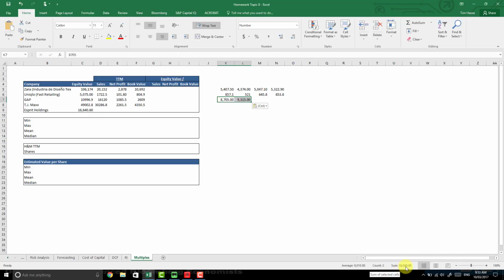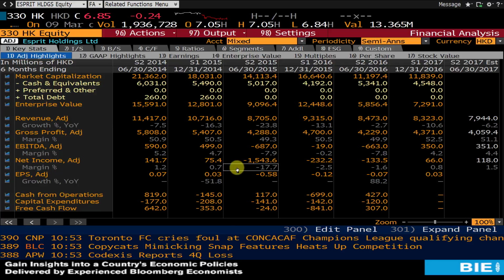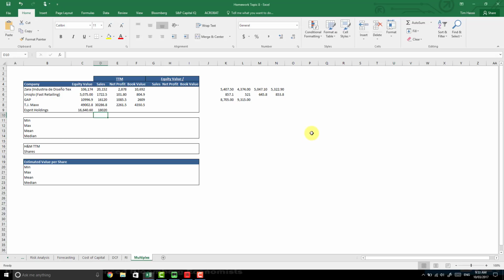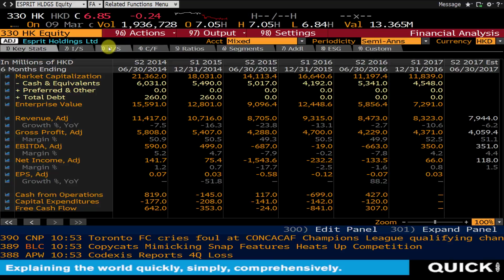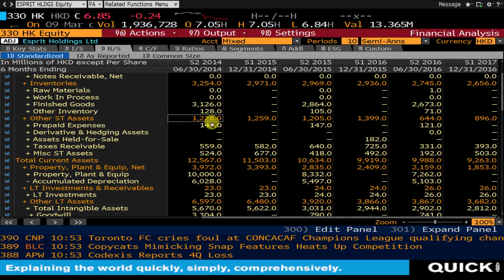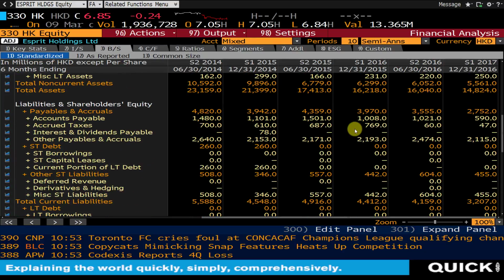So it's $18,020. The net profit, on the other hand, if we sum these up, let's see what happens. It's negative 1775.8. And then finally, the book value, if we go into the balance sheet section, scroll down, and let's see